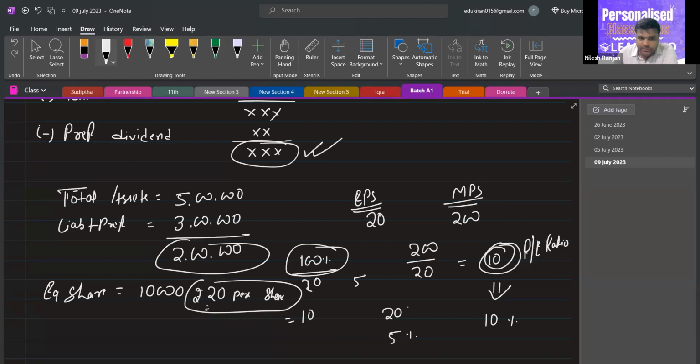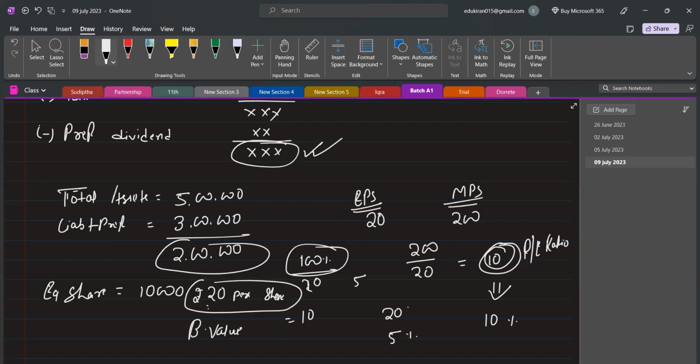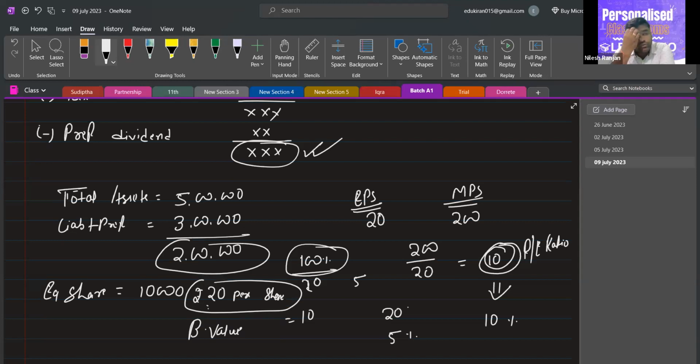Now this 20 per share is our book value, but the share is generally not traded at its book value. It is traded at market value. So the book value is a different price and the market value is different. Right now, if you see the value of one share of Tata Power company is rupees 1, but it is traded at 230 rupees. So the face value is 1. Book value is different. You can see book value is around